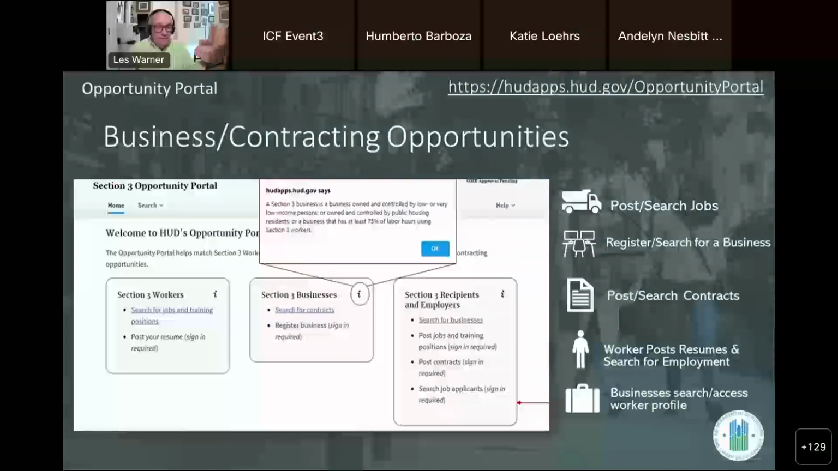But I know that a lot of folks are using their Section 3 plan, or maybe some portion of it, as something they can hand to other partners they're going to be working with. So maybe you have a capital fund construction project happening, and you're working with a contractor that you need to help get up to speed on what this new rule is, what the requirements are, what their roles and responsibilities are,